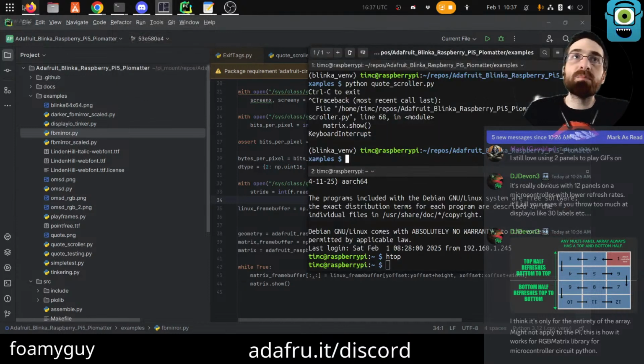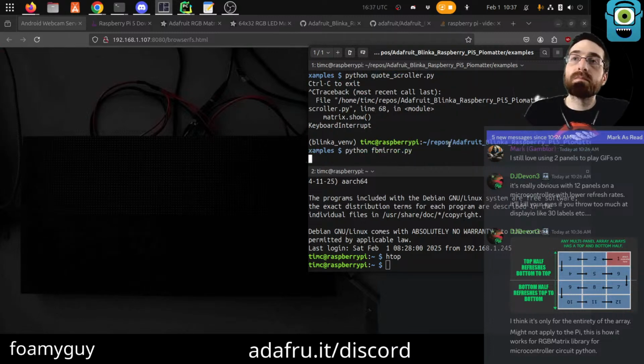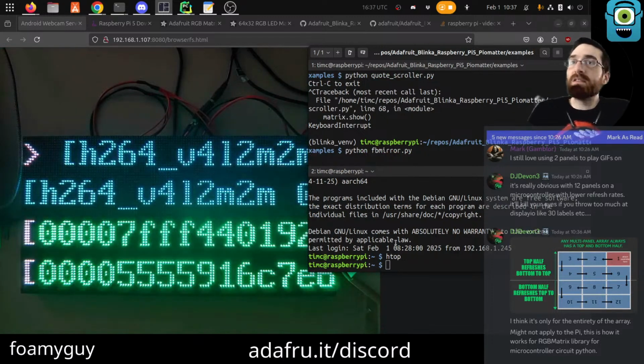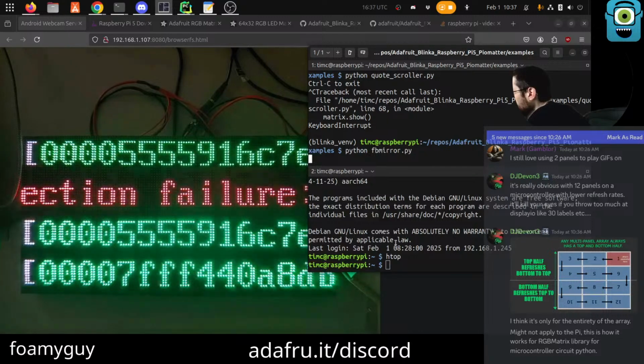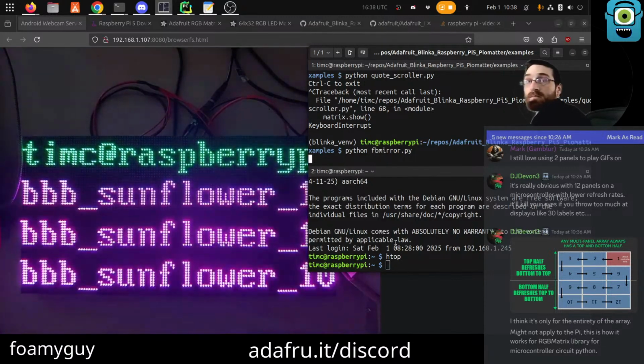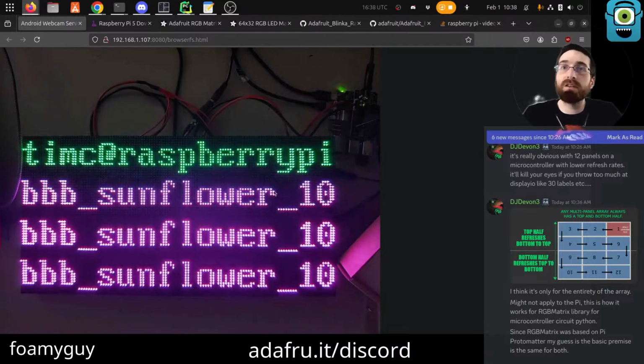So there is FB Mirror, which is just not scaling. And you can see there, it's much easier to read. But obviously we don't get very far, right?